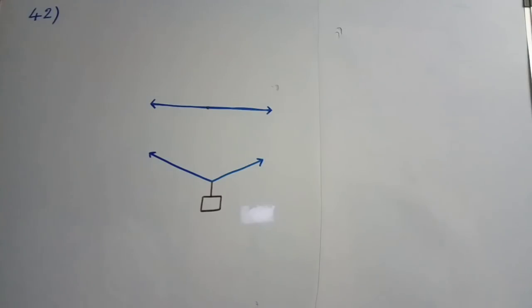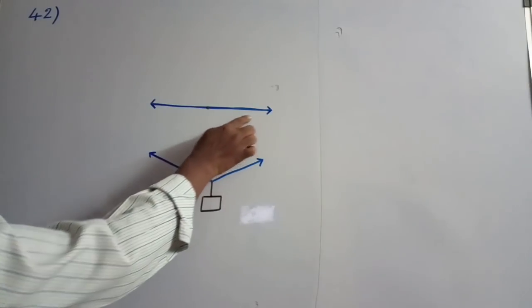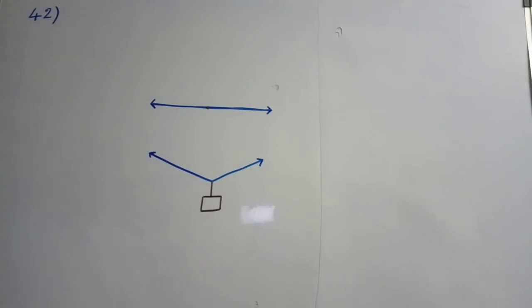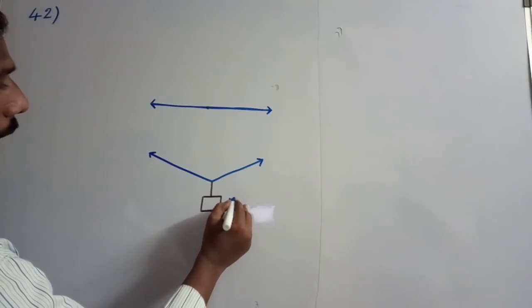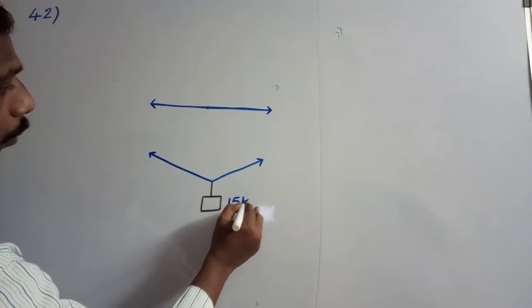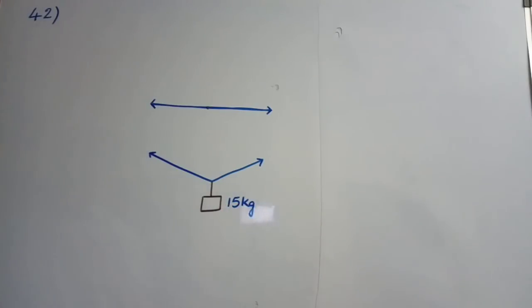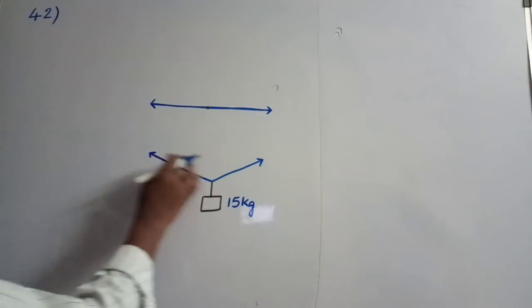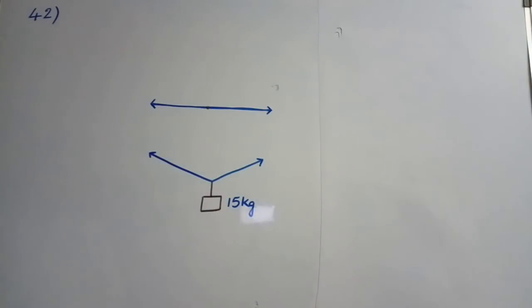According to the problem, two persons are holding a weightless string. It is initially horizontal like this. So at the middle point, they hang a certain weight which is equal to 15 kg. So whenever you attach the 15 kg weight at the midpoint of the rope, this is the position of the rope. But what they are asking is, to straighten the rope, what minimum tension is required.